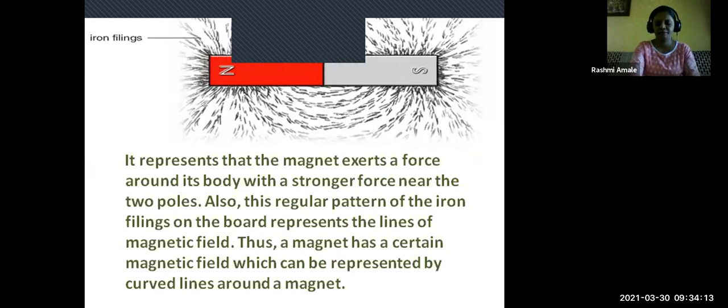All right, children. Next one: find the north pole of a magnet. Now you tell me, how will you find the north pole of a magnet? This you all can answer. How will you find out the north pole of a magnet? Come on. This is one of the characteristics of a magnet.